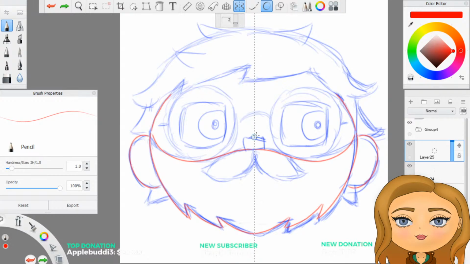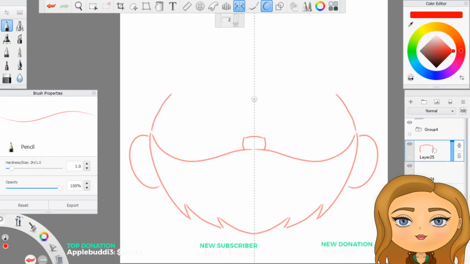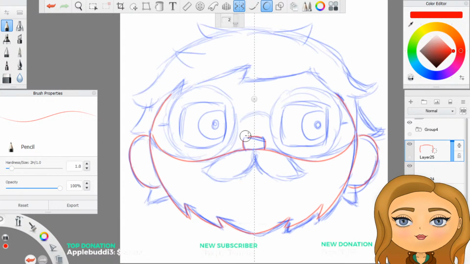Should be around there. In fact, maybe I should move it up here to somewhere where I'm not going to draw. Silly me. That's a bit better.